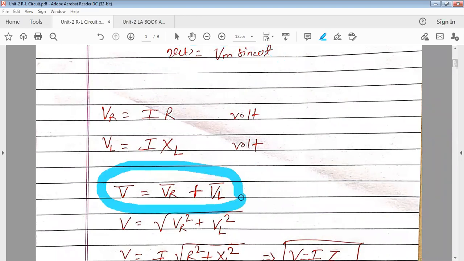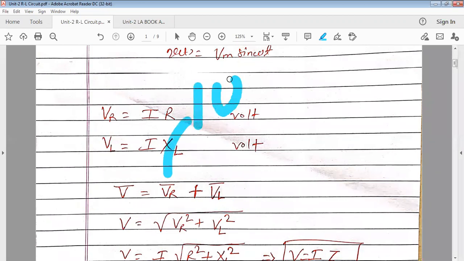As it is an AC circuit, magnitude and direction continuously change, so the KVL equation will be the phasor sum of VR and VL is V. So you can write, the magnitude of V will be what? Square root of VR square plus VL square. Sometimes in the exam it is given, suppose VR is 10 volt and VL is 150 volt. So will V be 160?